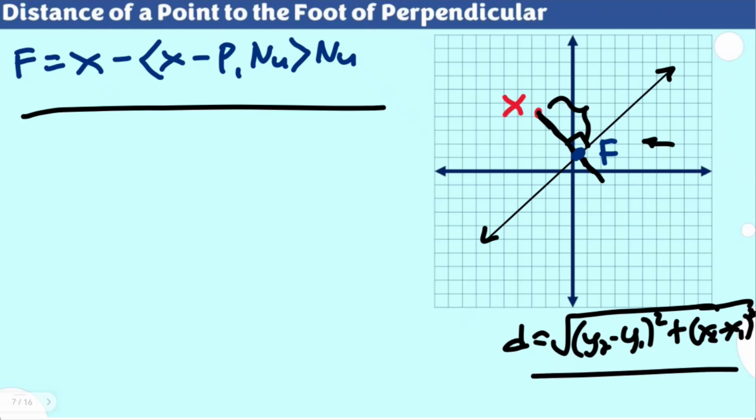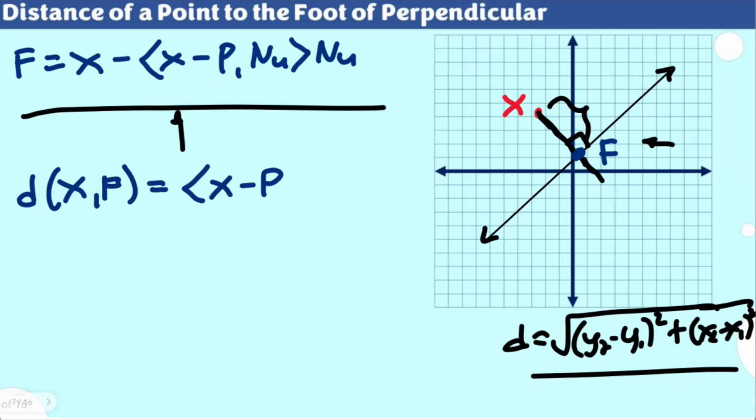This time, let's use the formula that actually is connected to the components of vectors, specifically for this foot. The formula is expressed in this manner. The distance between the point X to the foot is actually defined as the inner product of your X minus P and your unit normal vector. So as simple as that, as soon as you get the foot of your perpendicular from a given point to the line, this component here corresponds to the distance already.